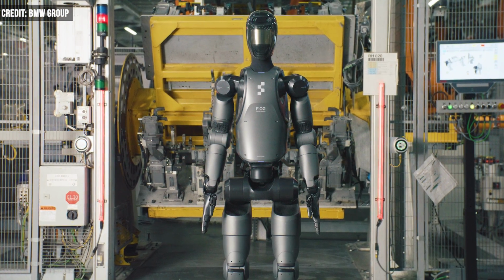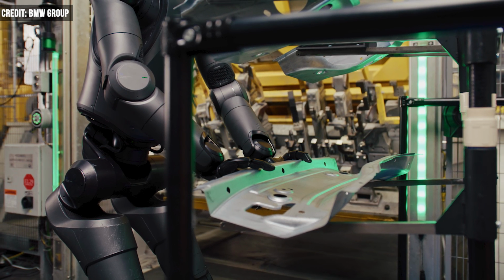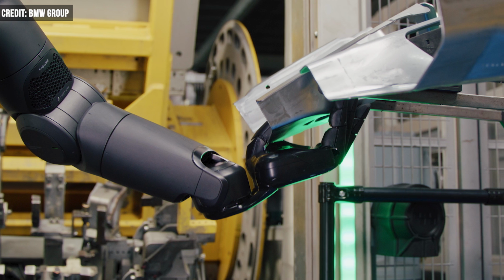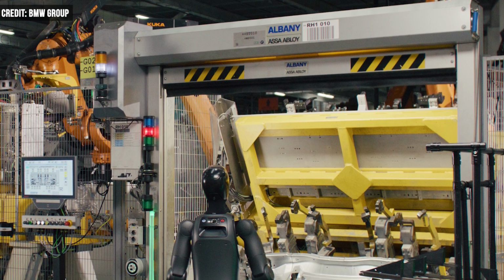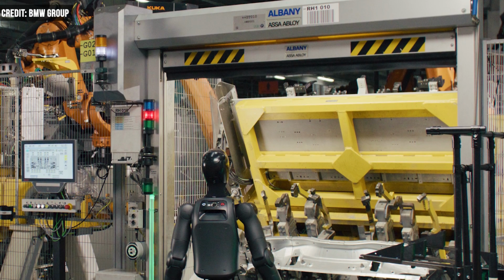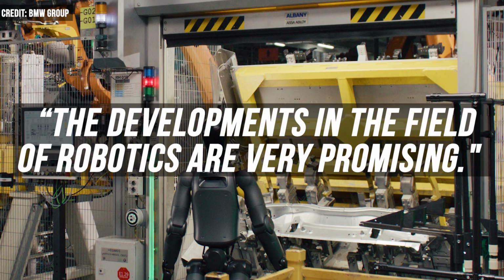The company partnered with BMW to see how Figure 2 would handle a factory setting. During the test period, the robot inserted sheet metal parts into fixtures, which were then assembled as part of the chassis. Milan Nedeljkovic, a member of the board of management for production at BMW AG, notes that the company will next determine possible applications for humanoid robots in production, saying, quote, "The developments in the field of robotics are very